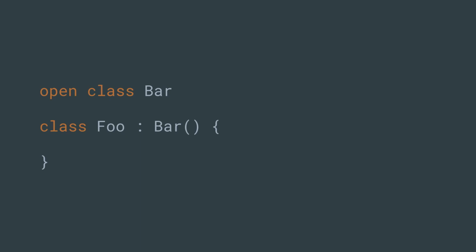If you want to implement an interface, as opposed to extending a class, the syntax is pretty similar. You just drop the parentheses. There's no distinction between the extend and the implement keyword. It's pretty much all the same thing.